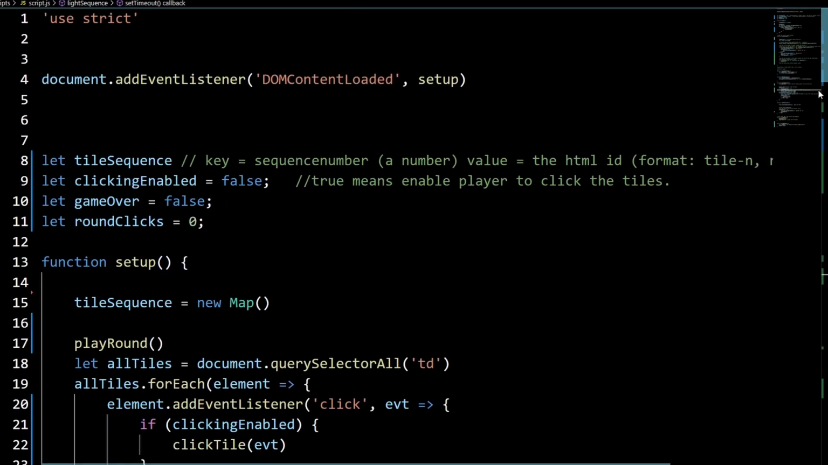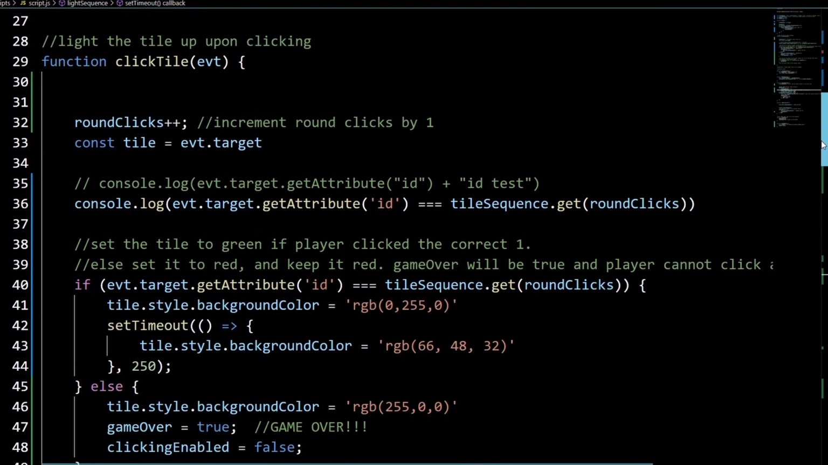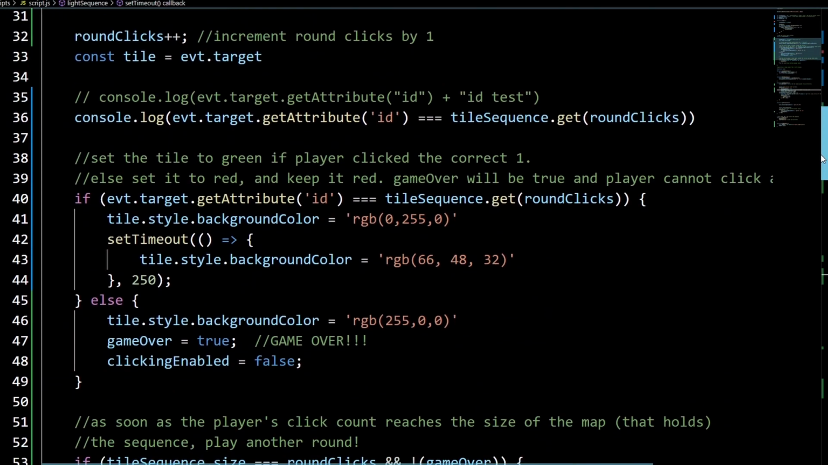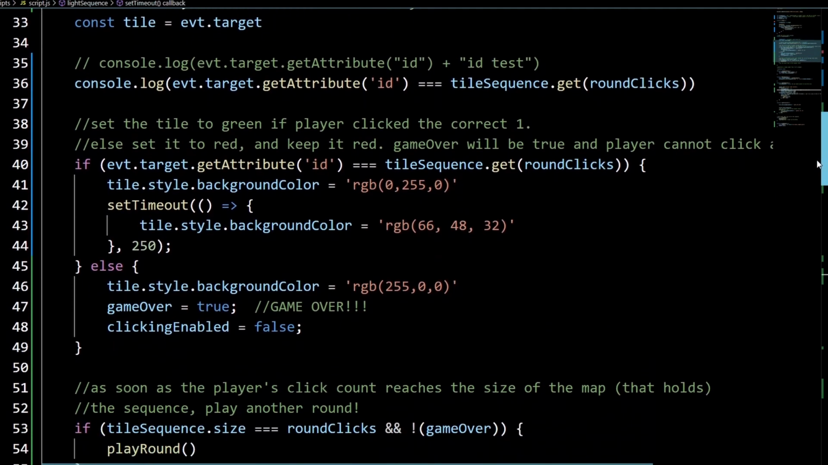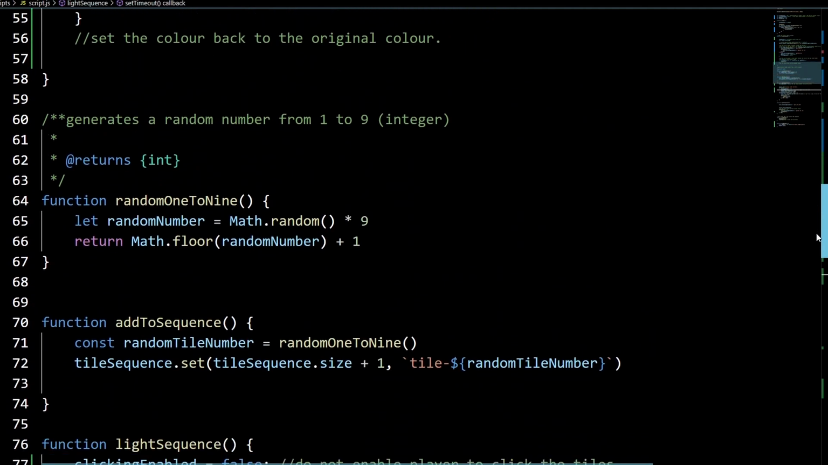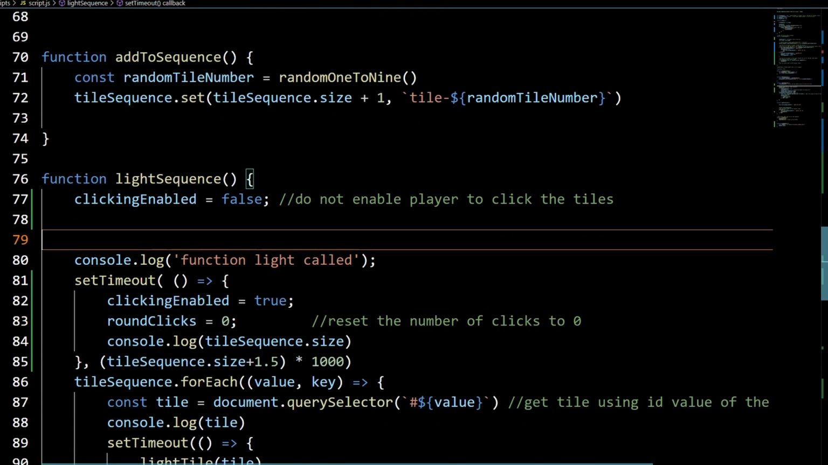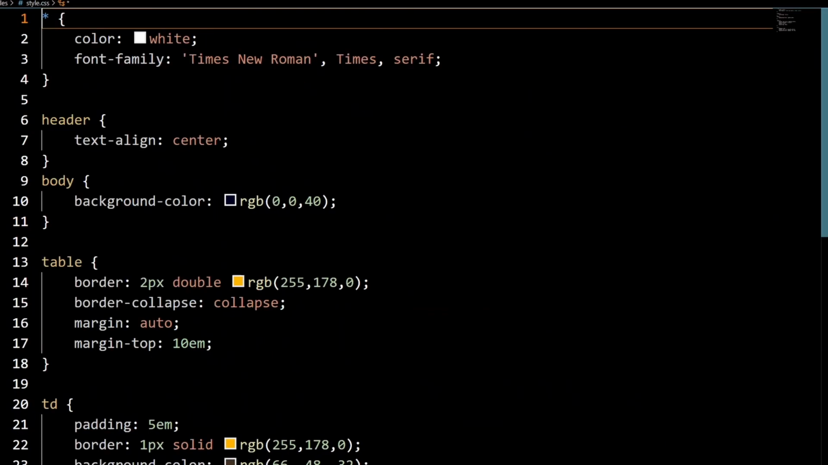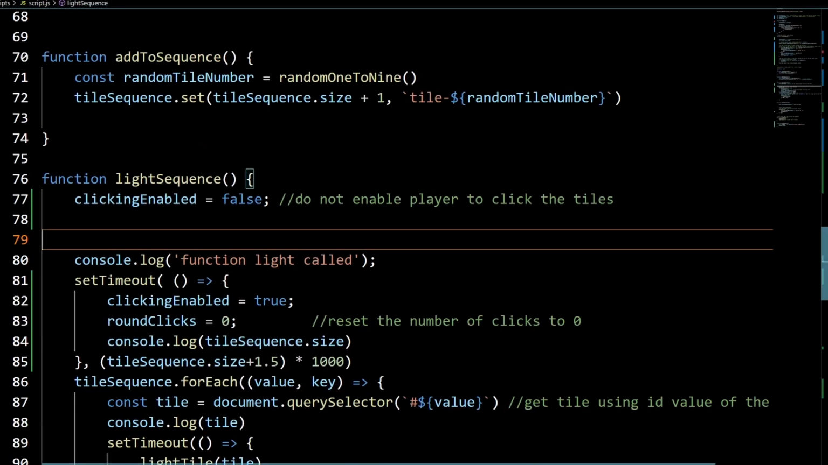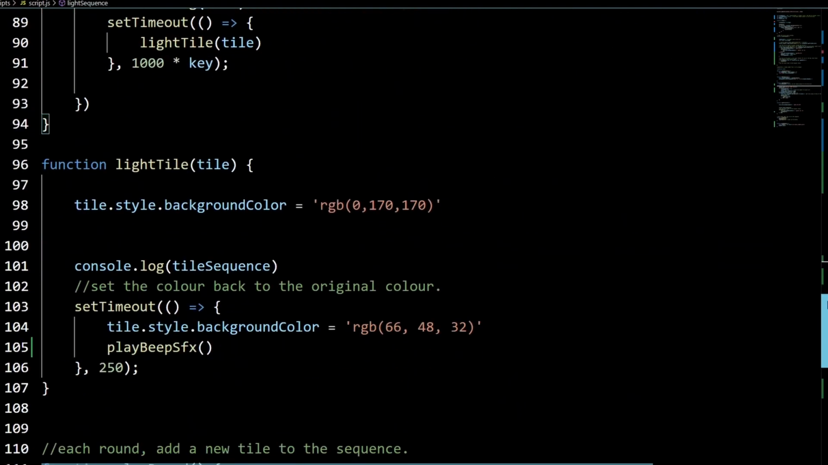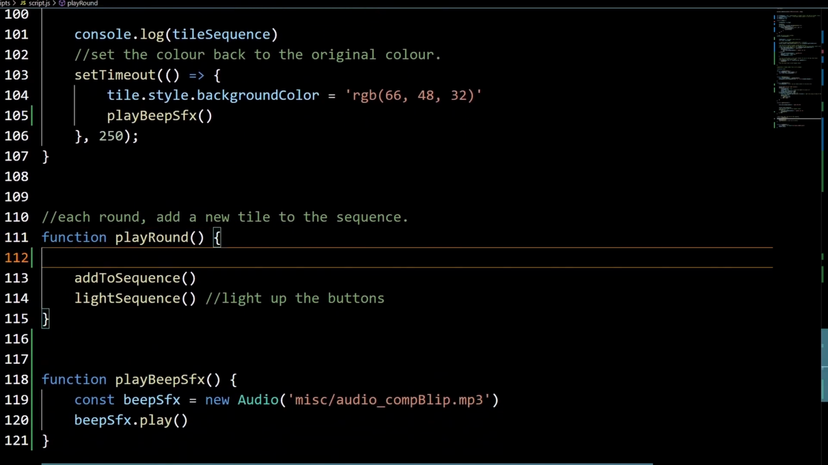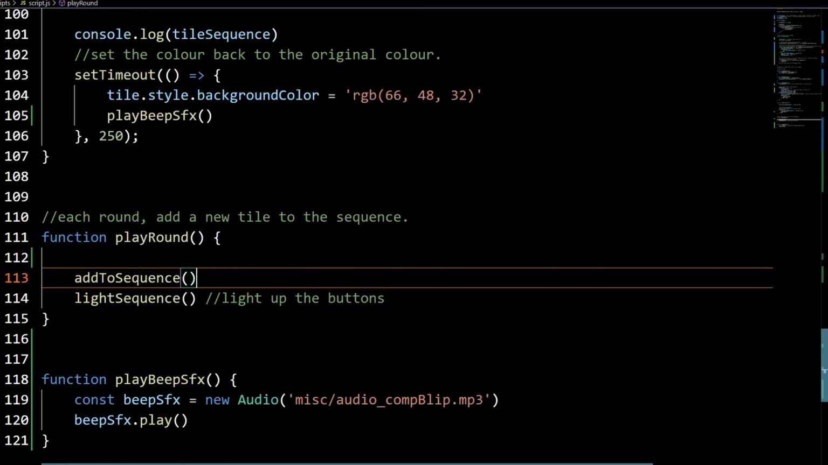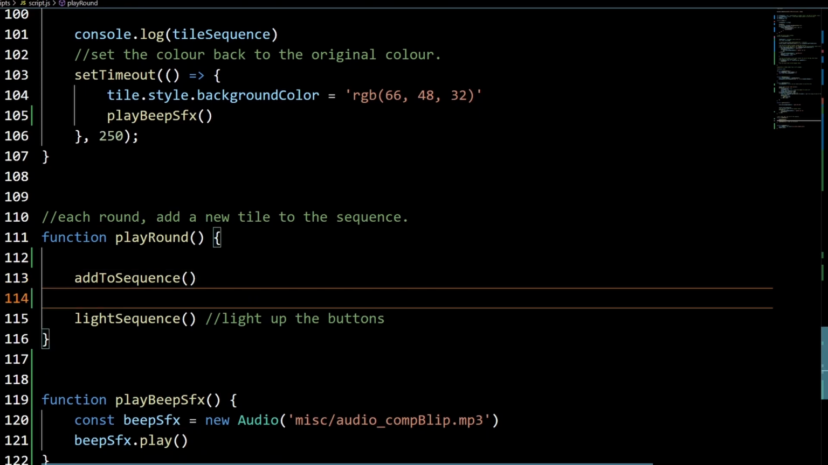And I am going to allow it. So I am not going to make this GUI too pretty because I want to just at least get the game working. So when I play the round, I'm going to add to the sequence, which increases the map size by 1. And I'm going to do